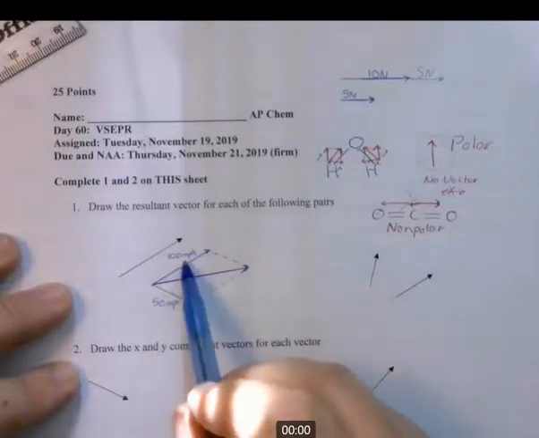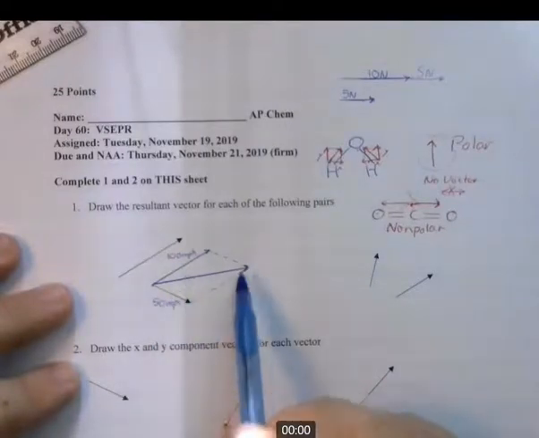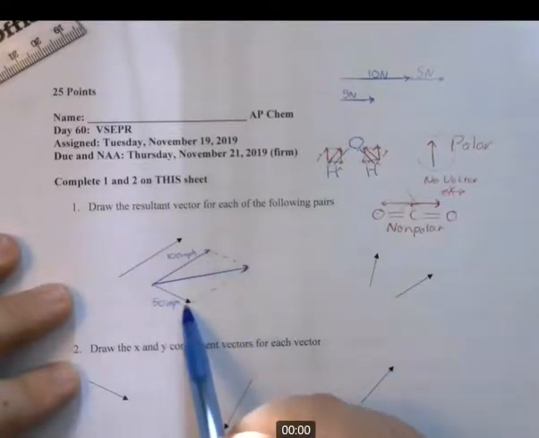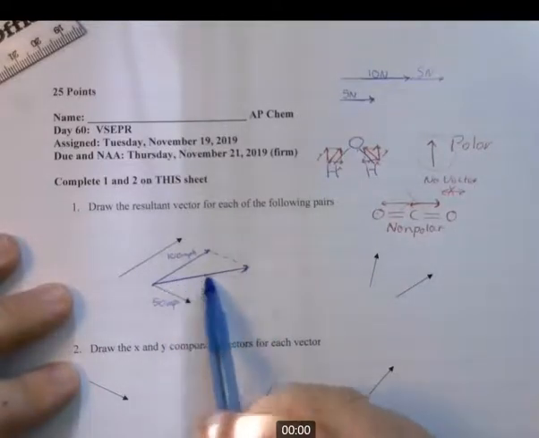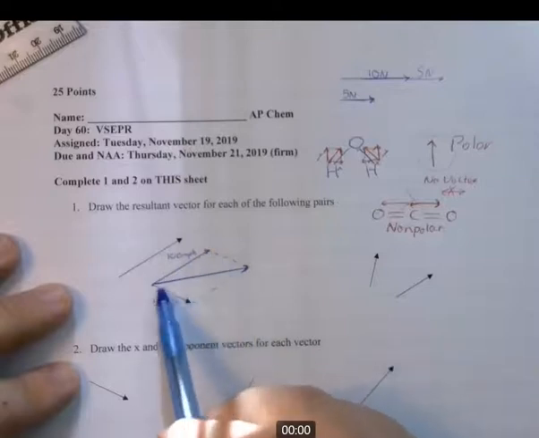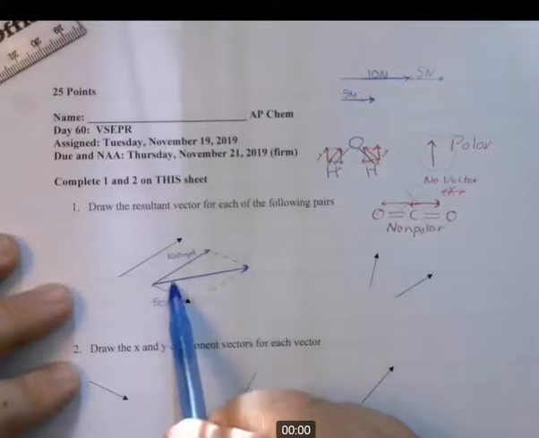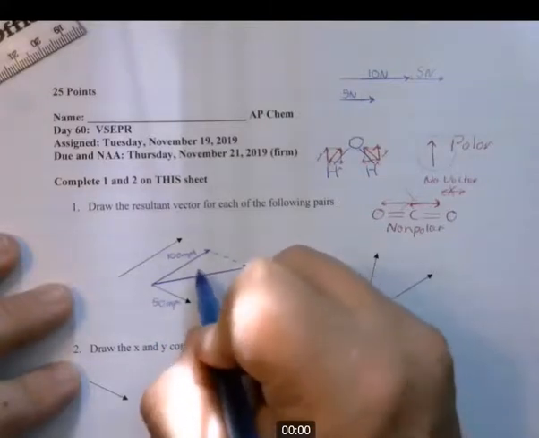So since I can't add these arithmetically because they're not exactly parallel or perpendicular to each other, I have to do it graphically the way I did. So here's the airplane. Here's the wind blowing this way. So what will be the result of those two coming in contact? You'll end up with the airplane being pushed off course in this direction. Instead of flying this way at 100, it's flying this way. And I'm just making up a number now, but if I actually measured this, let's say I found that to be 125